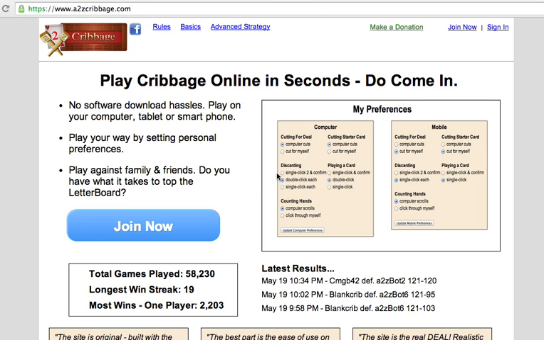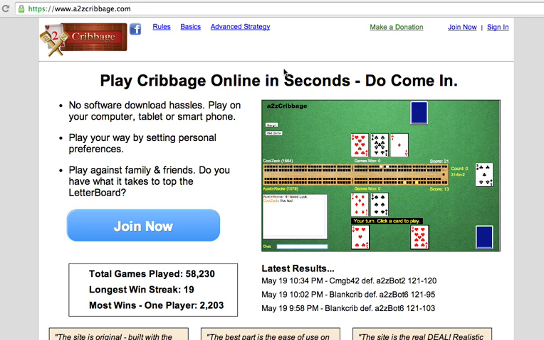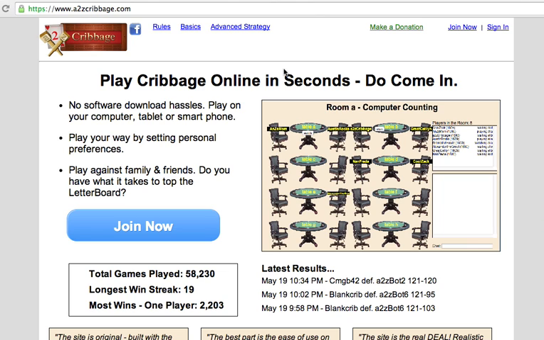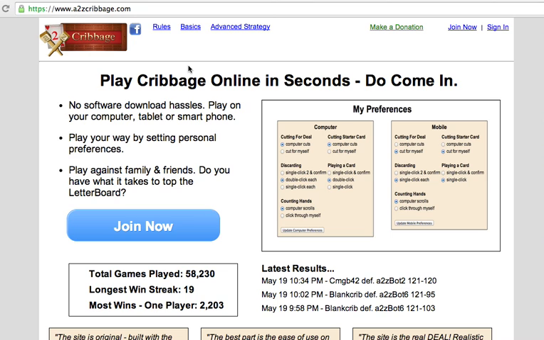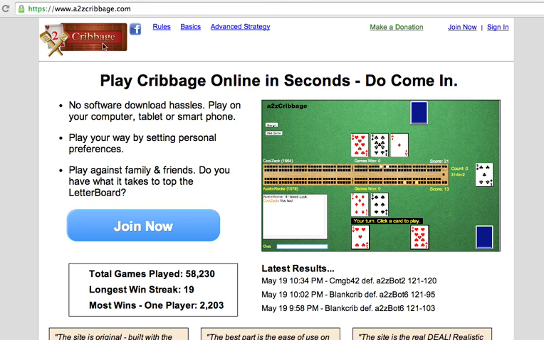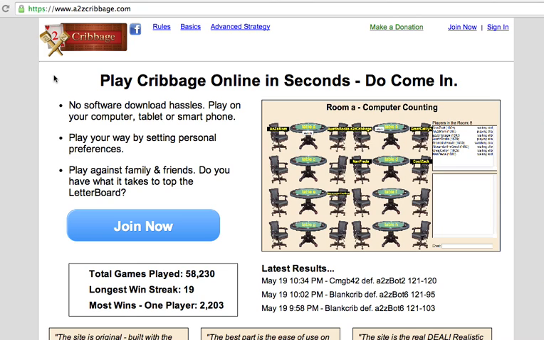It's a cribbage website. Cribbage is a card game played with a deck of cards and a board. And this is a site where you can go and play that game online. So I've got the main branding logo in the standard spot in the upper left hand corner, and then